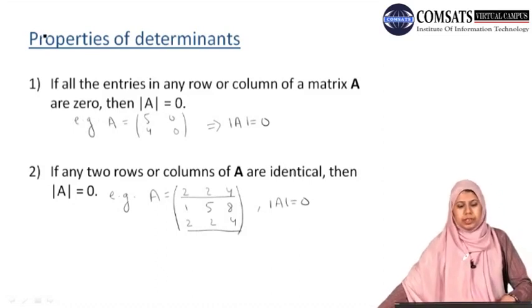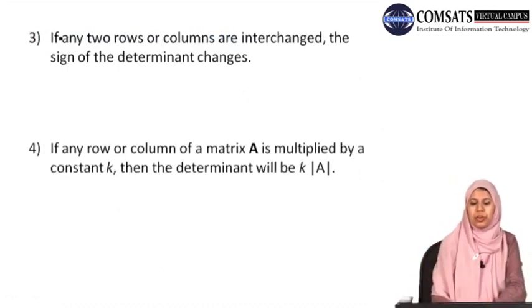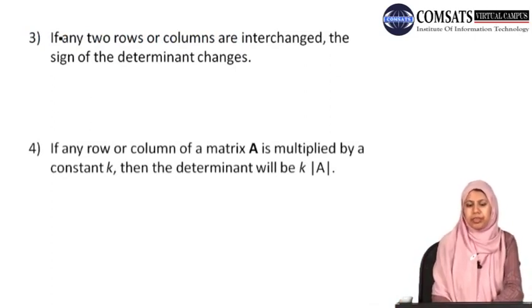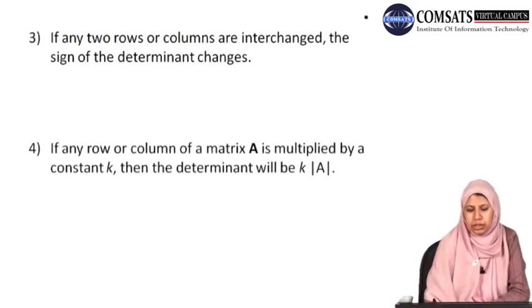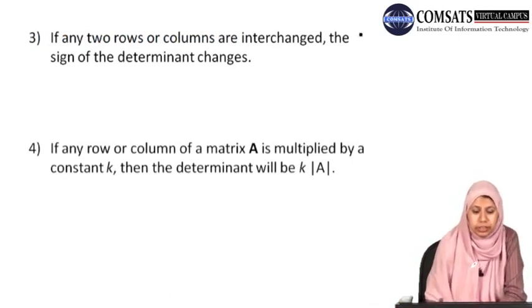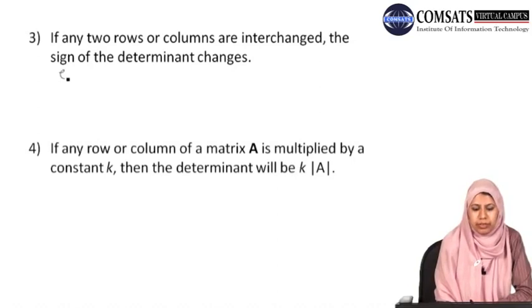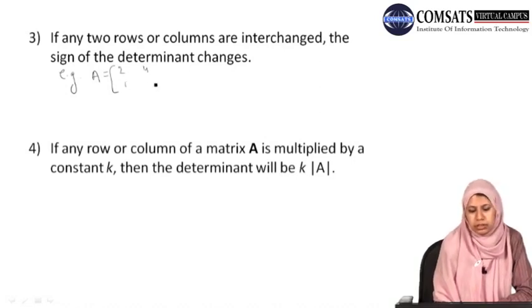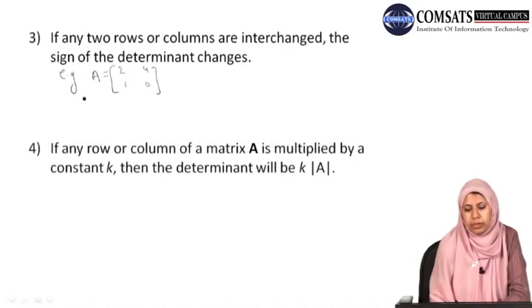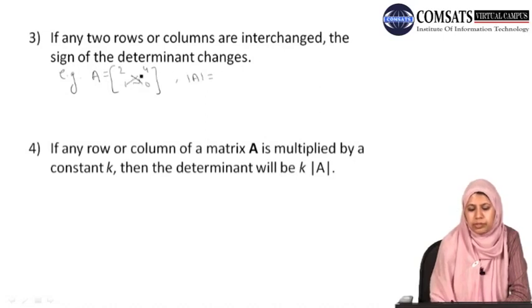Our third property says that if any two rows or columns are interchanged, then the sign of the determinant changes. What do we mean by this? For example, we have a matrix A with entries 2 4 1 0. First we calculate the determinant of this matrix A, which will be 2 into 0 minus 1 into 4,